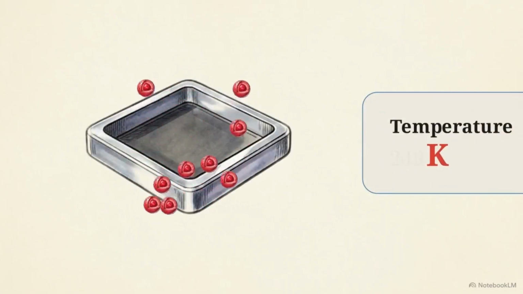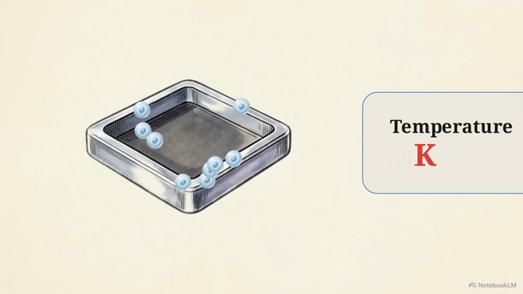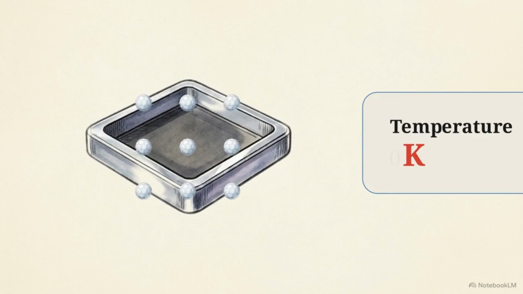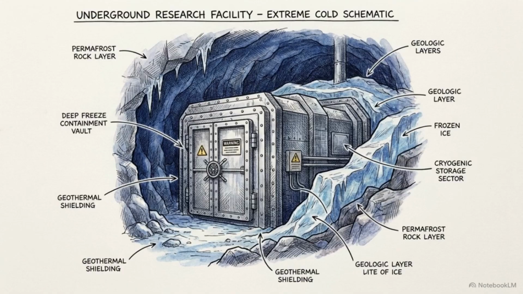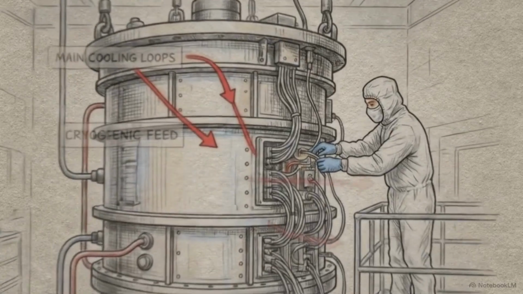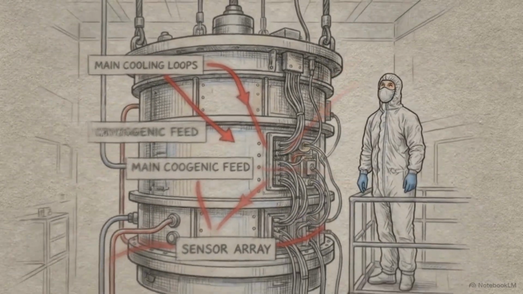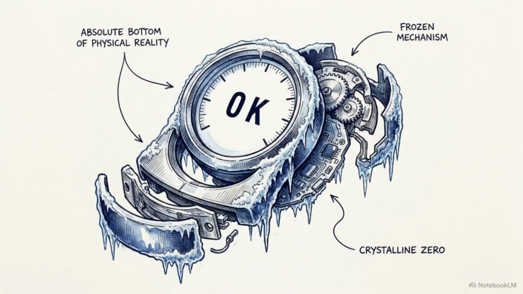In 1848, William Thomson, Lord Kelvin, recognized the need for a truly objective, universal scale for thermodynamics, free from the quirks of any arbitrary substance. Instead of anchoring his scale to freezing water, Kelvin looked downward. He based his 0 point on the total, absolute cessation of all kinetic energy. This theoretical minimum limit of the universe is called absolute zero, or 0 Kelvin.